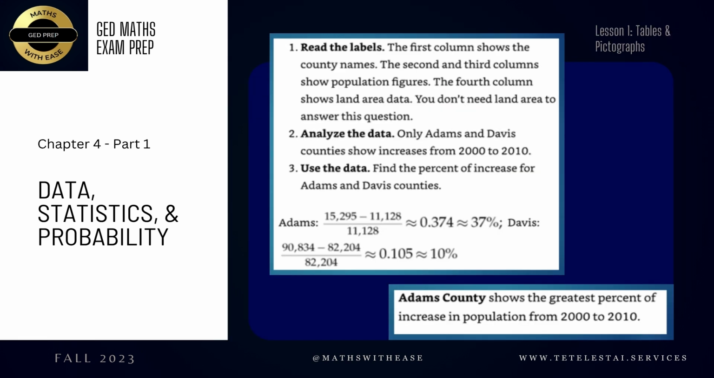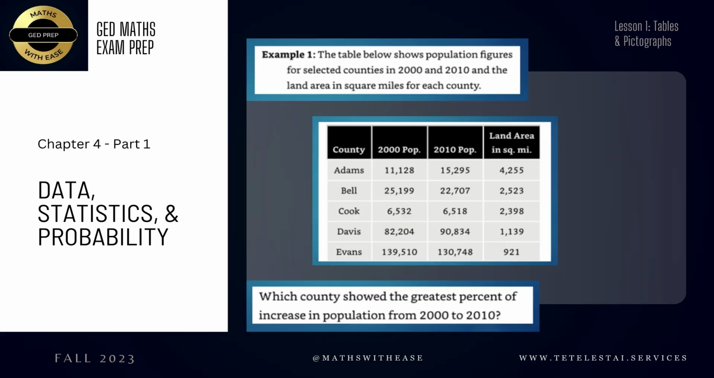You can see that the percentage increase for Adams County is 0.374 times 100%, which gives us a percentage increase of 37%. And then you want to do the same thing for Davis County, right? Our final value was